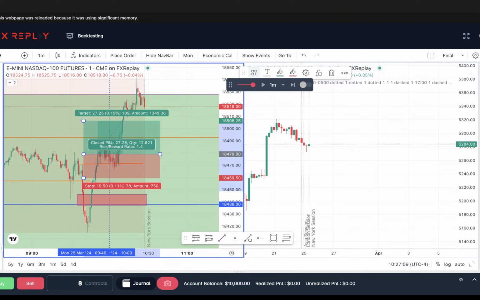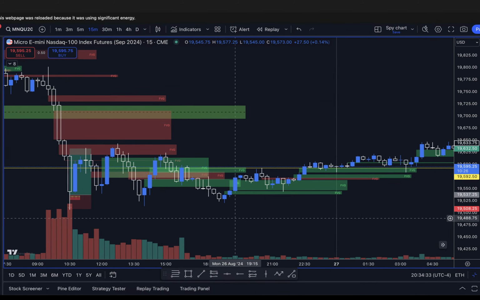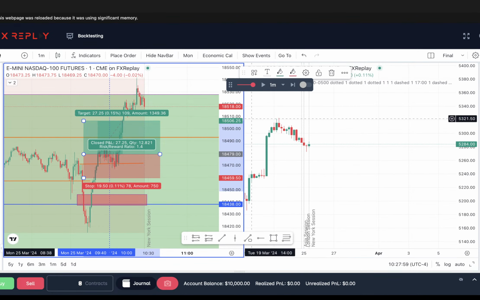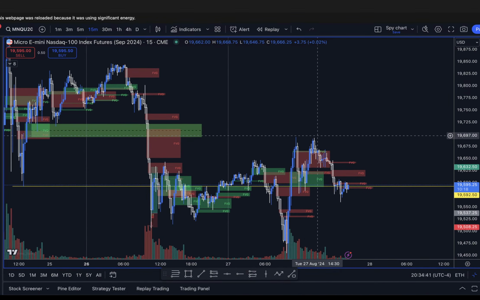I use dark mode when I trade. Yes, this is my trading. This is how I trade every day. This is just FX Replay. I could put it on dark mode for y'all if y'all want to. I just didn't know if y'all like it. But this is how I trade. I trade on dark mode. All my phone and stuff is on dark mode.